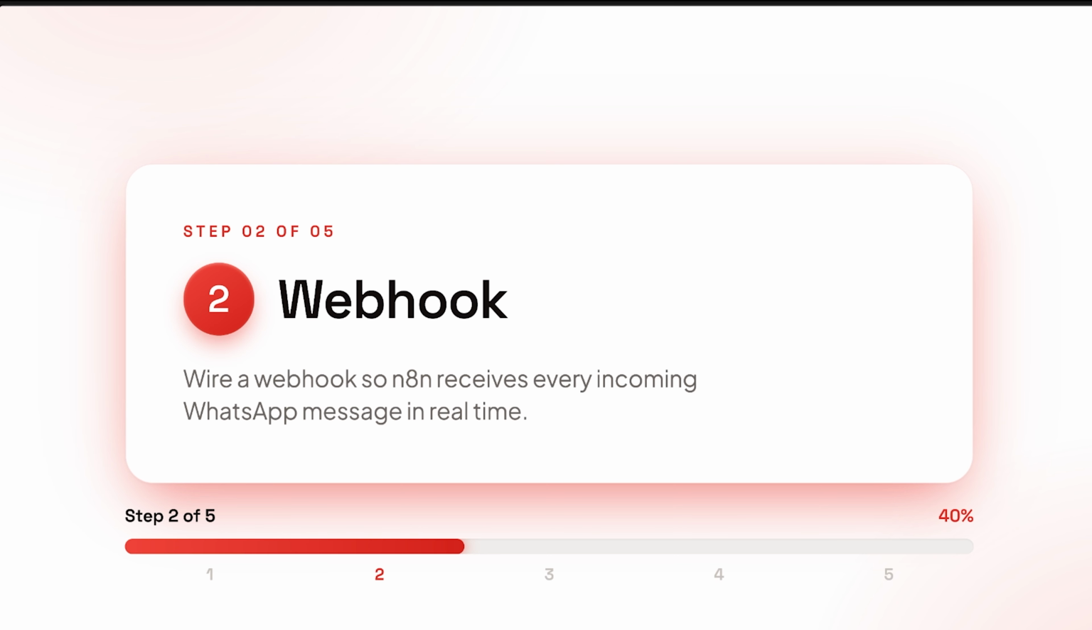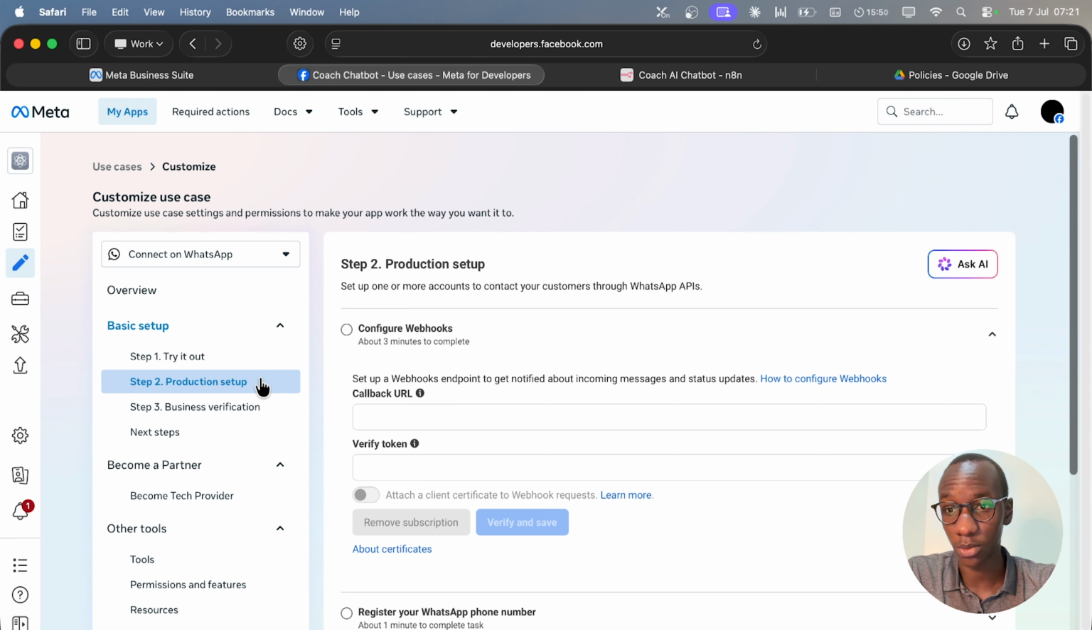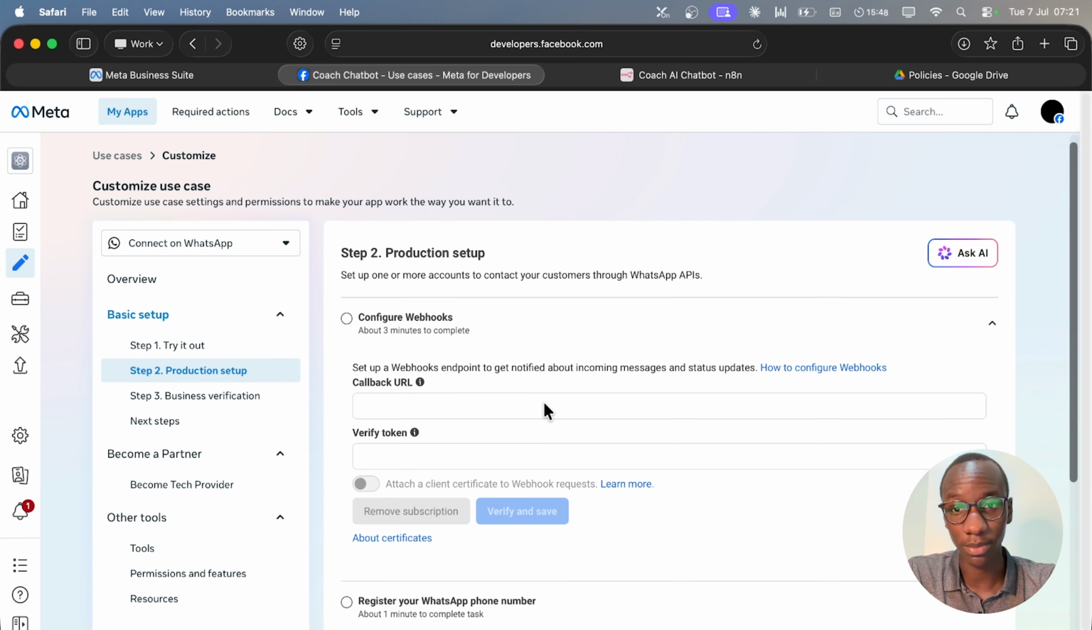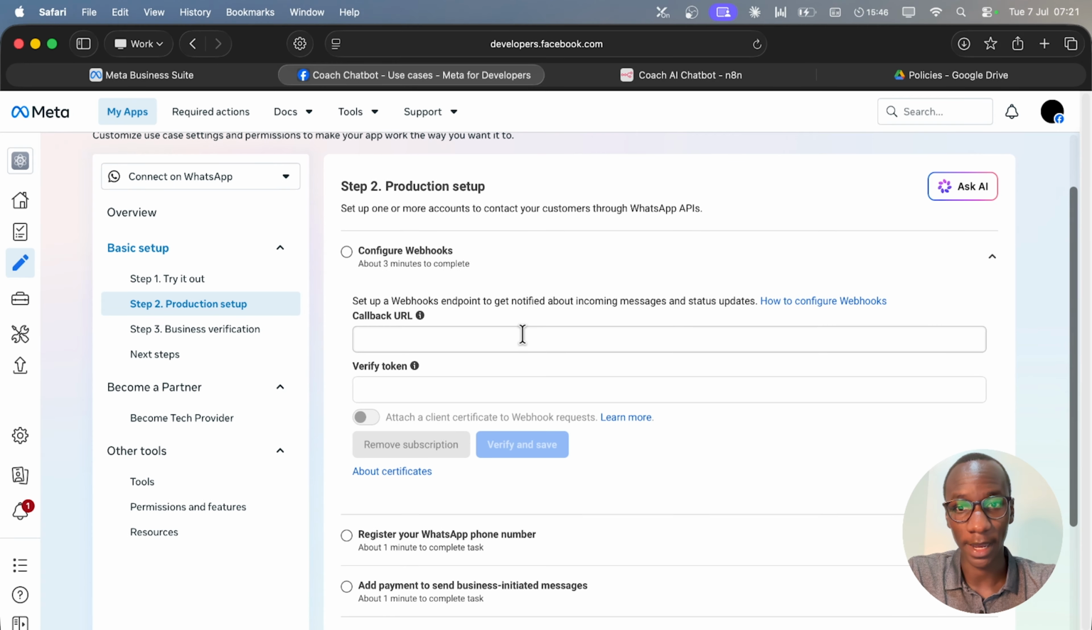Step 2 is wiring the webhooks so that n8n receives incoming message triggers from your WhatsApp. Essentially what you want to do is, once you're in production setup, you want to start by doing this first step, which is configuring the webhooks, and you need to have a callback URL that Meta API can essentially use